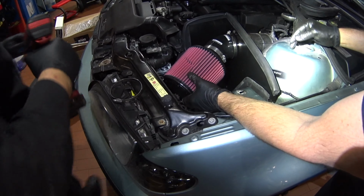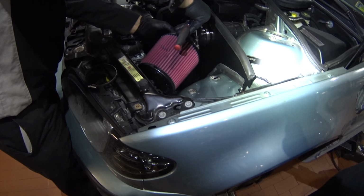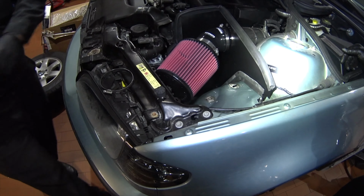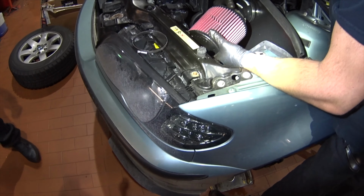Just got tired of buying Sulev boxes. Yeah, Sulev boxes pissed me off. Yeah, nice. I heard you got Sulev. Well, I got Sulev, I got a 330 box, and then that didn't work either, so...